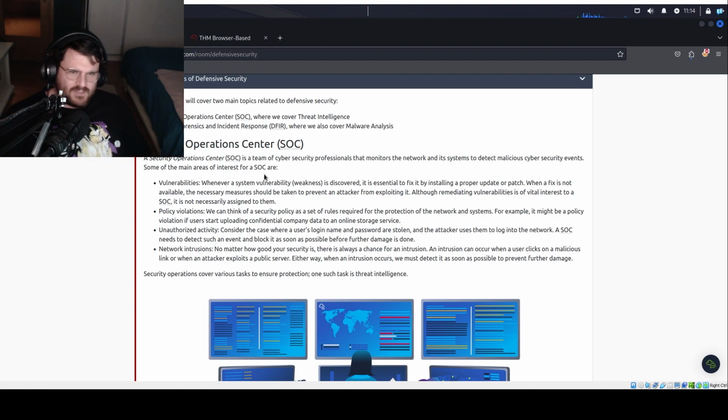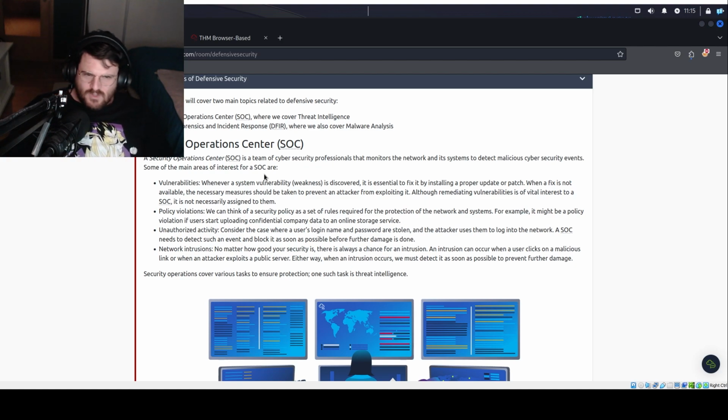A SOC is a team of cybersecurity professionals that monitors the network and its systems to detect malicious cybersecurity events. Some of the main areas of interest for SOCs are